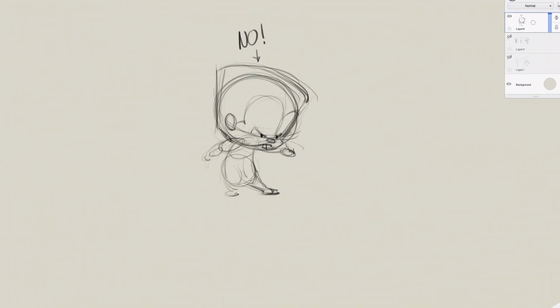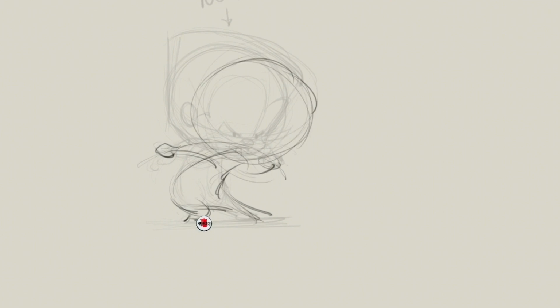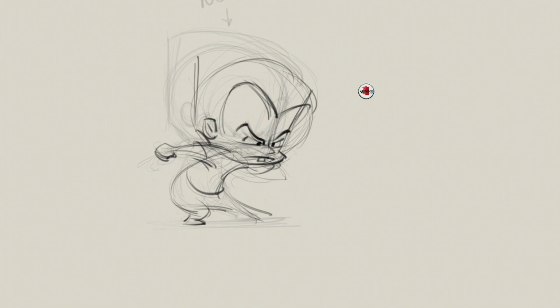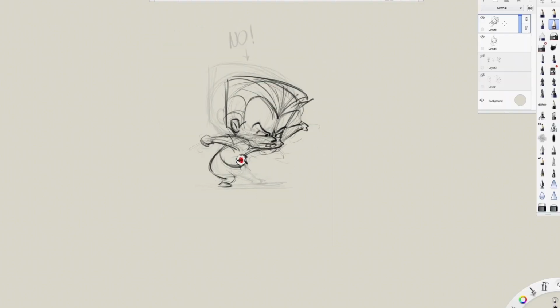Now this is a drawing that I'm saying no to. With these drawings, you don't want to get caught up in anatomy. You want to do this. You want to stay loose with those big shapes and have a rhythm in your drawings. So you can see I moved his head forward, brought that foot out, brought the other arm out, and it's a stronger pose. It's more exaggerated. And then at the very end, I decided to change and bring that left foot in.